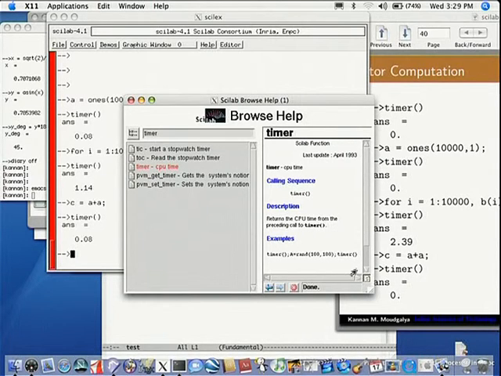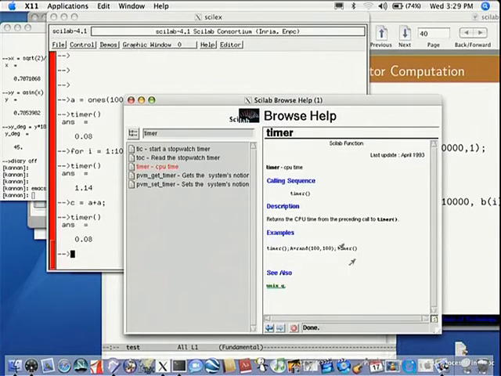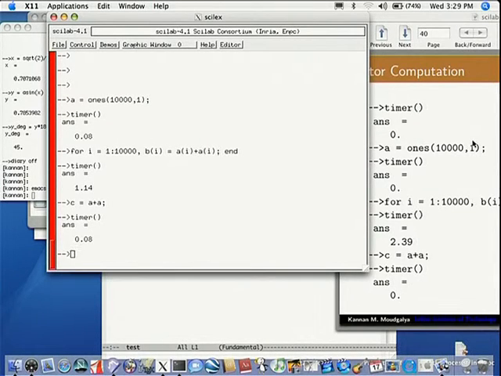If you see here, I don't know whether you can see this. It says timer, it returns the CPU time from the preceding call to timer. So you have a bunch of, say, 10 calculations, you want to find the total time. Before that you say timer, bracket nothing, semicolon. Next time you do that, it will give you the time. You close that.